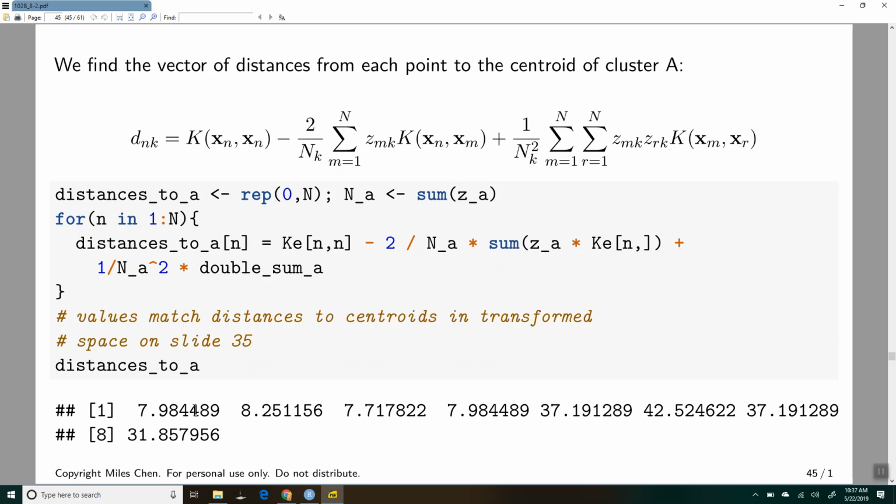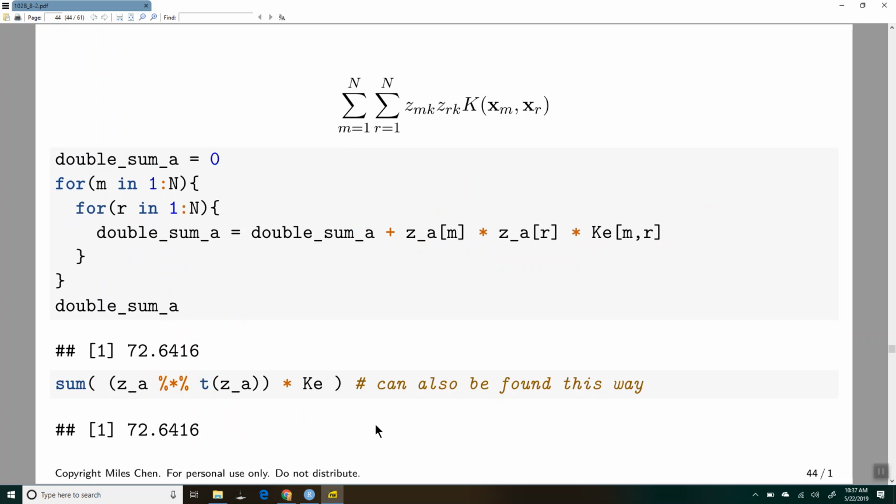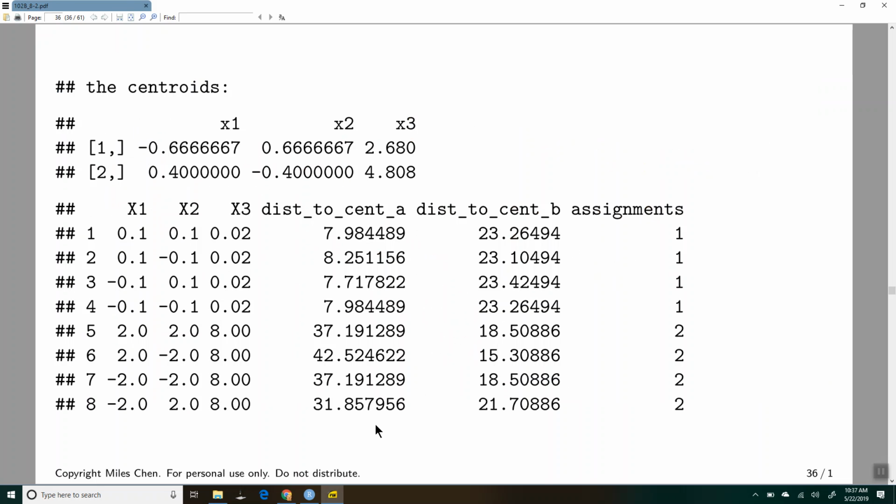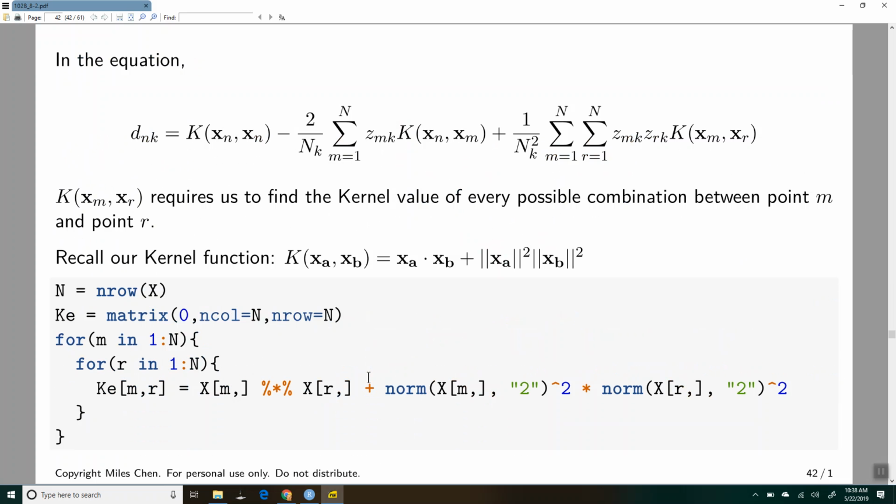But if we look at the values that we have here, 7.98, 8.25, and 7.17, and we compare them back to this slide where we did the transformation, calculated the centroid in 3D, and calculated the distances there, we get these same values, okay? So we are able to reproduce this column of values, which is the distances to centroid A, without having to transform it into the higher dimensional space and calculating the centroids in the higher dimensional space. We can get those distances directly